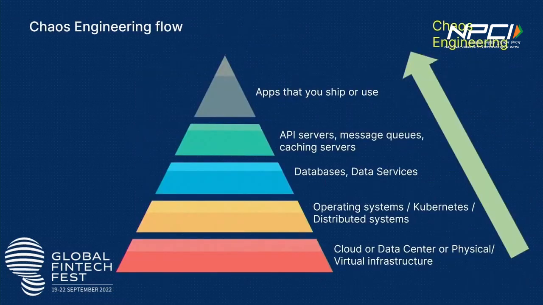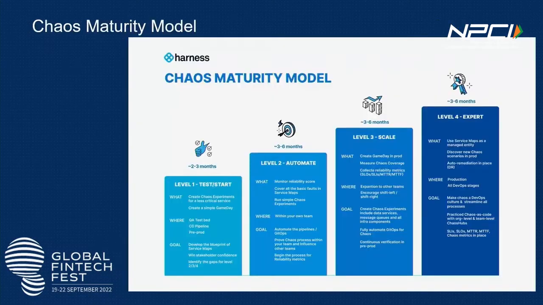So this summary of it is chaos engineering. You really start at the bottom of the pyramid, you go all the way till the top, and it takes time, right? It needs planning, budgeting, and effort, and you go through a maturity cycle, right? So at Harness, we advocate our customers saying chaos goes through 4 different maturity levels, from test or start to automate to scale to expert, and at the fastest rate, you're basically taking about 2 years from start to being